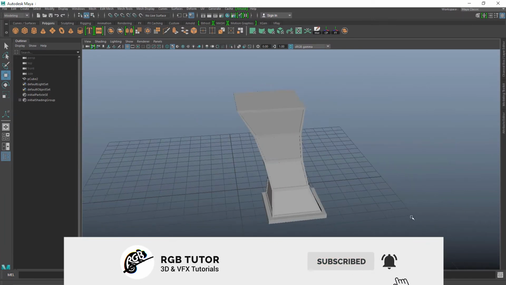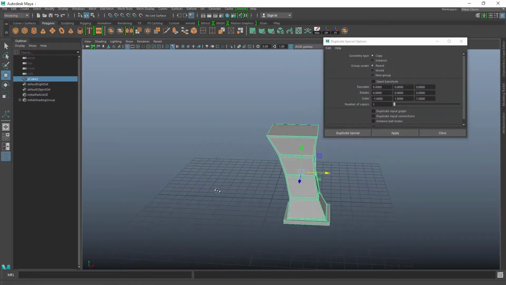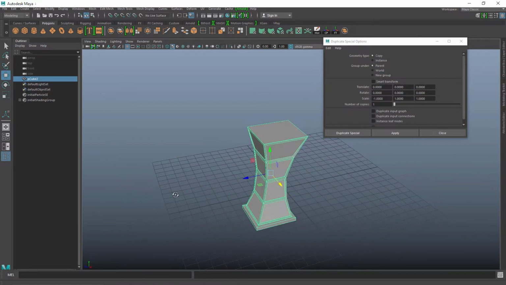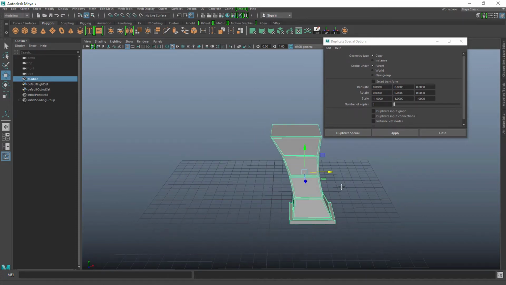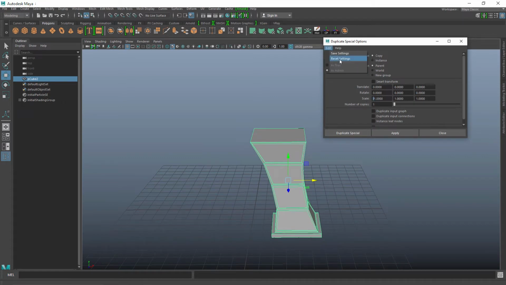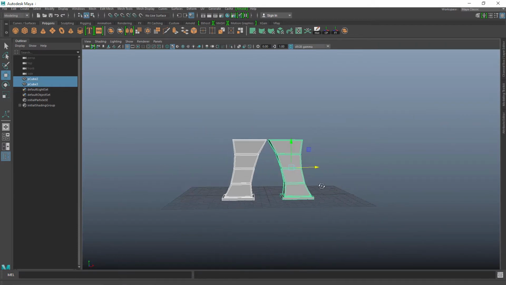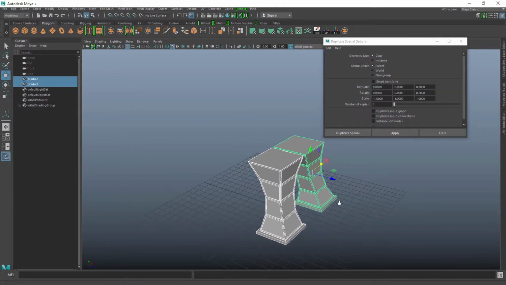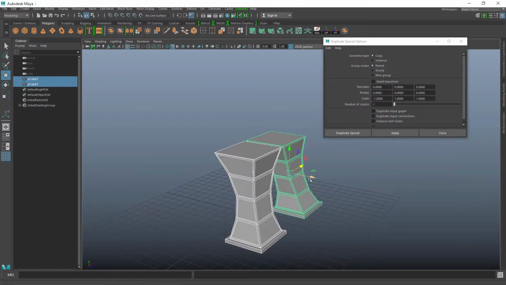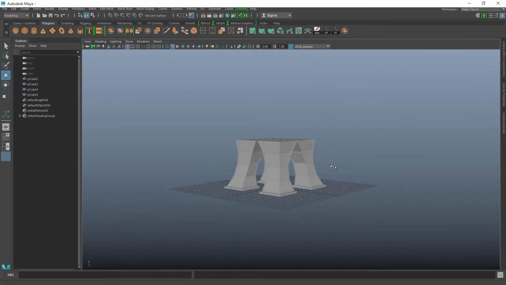We will just duplicate it over. So select the object and go to edit, duplicate special. Now you need to understand the axis. So this is our x axis. Okay, so we'll just duplicate it on the minus x. Yeah, now select both and go to edit, duplicate special. Now we will duplicate it on minus z axis, so reset again and add minus on the z. We have the base ready,